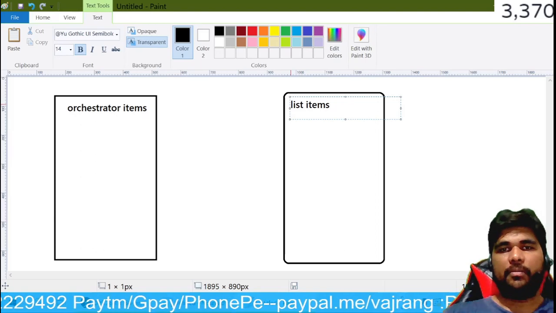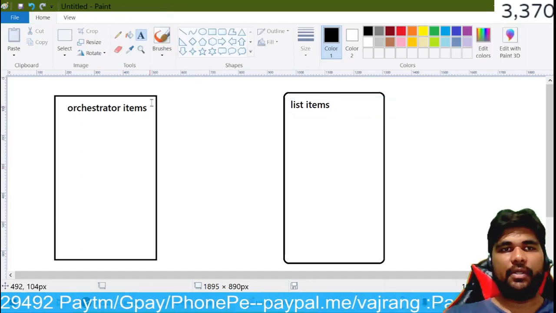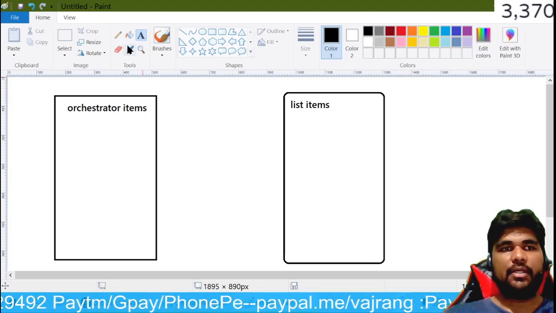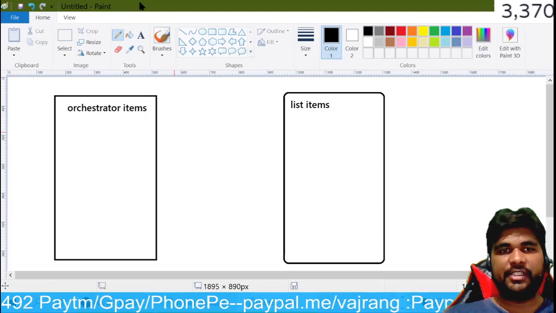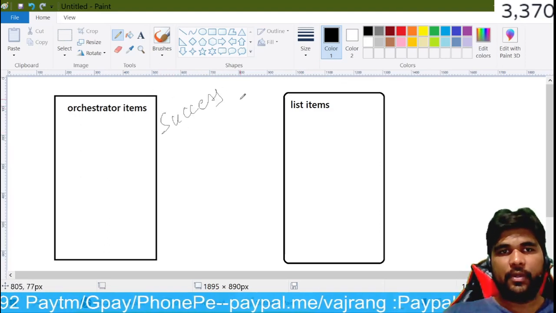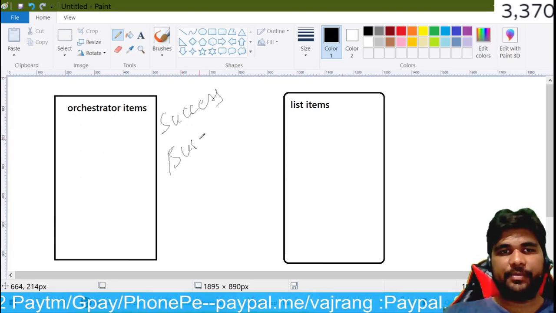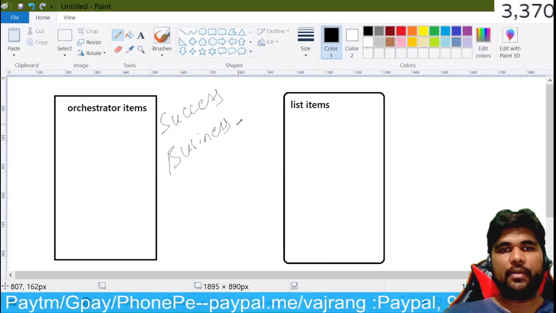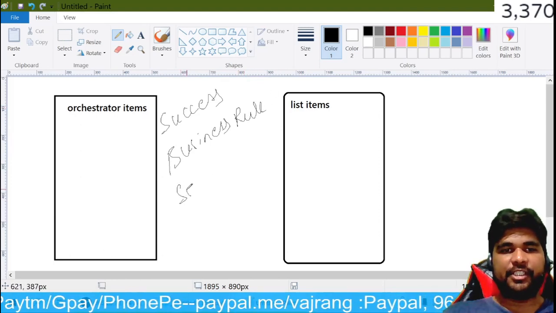So when will retry occur in the case of the REFramework? There are three states that we have. The first state is the success state. The second state is the business rule exception state. The third one is the system exception state.